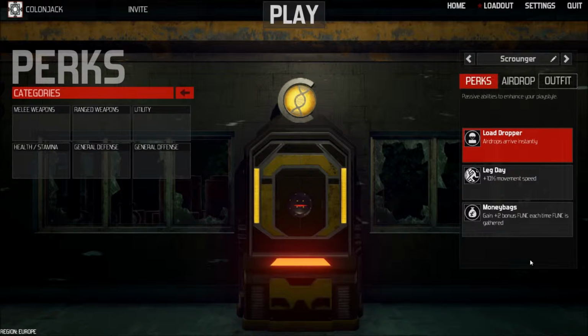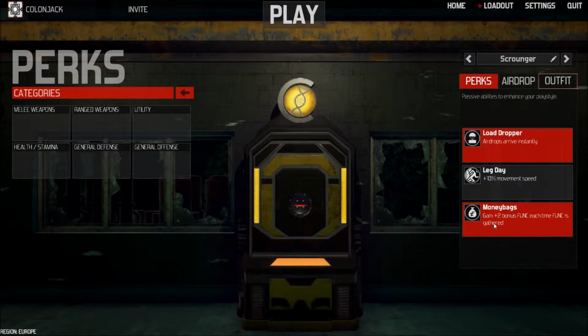And then the crucial part of this build is money bags. The reason this is crucial is because you get plus 2 funk, but what you can do is turn sticks into funk. Usually a stick gives you 1 funk, but a stick with money bags will give you 3 funk. So you do 10 sticks, that's 30 funk, which is a lot of funk. It's how much you need quite often to finish off